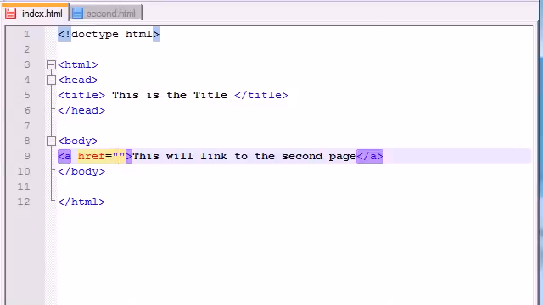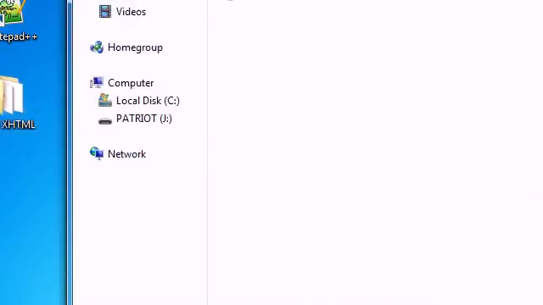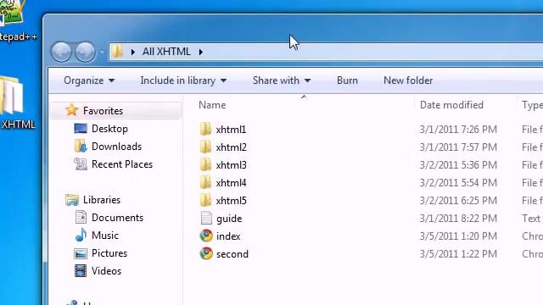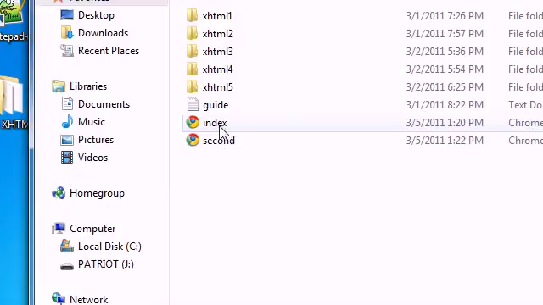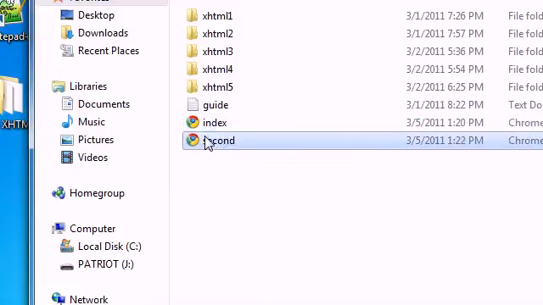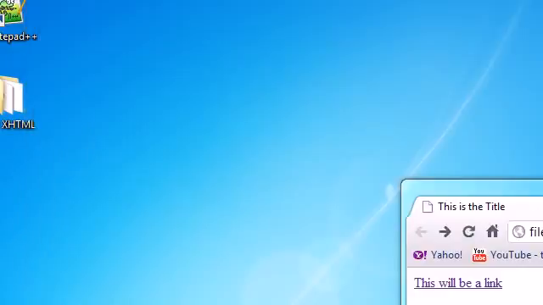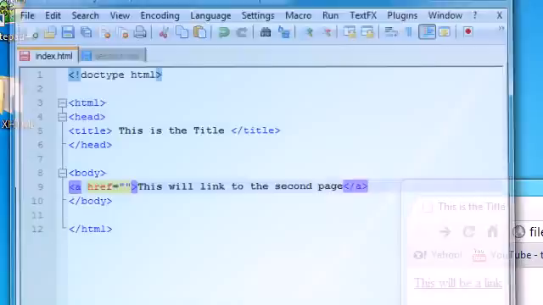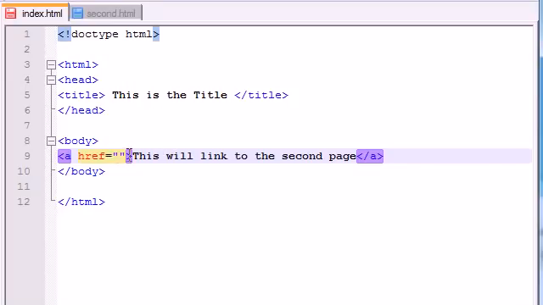and let me show you what I'm talking about. Here's my folder I'm working on, and here is where the websites are. Here's where I'm saving them on my computer. The index is right here, and the second is right here. So they're in the same folder. As long as all your web pages are in the same folder, you can easily link them by just writing the name of the website. So if we want to link this to our second.html file, let's just href instead of Google, just put